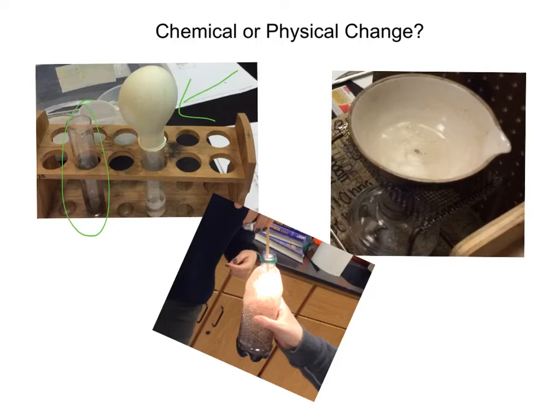There's enough gas left in the test tube after you remove the balloon that you could put a splint in there. And we did this. We put a little splint in there, a lit one, and it goes out. And that's because Alka-Seltzer and water produce carbon dioxide gas. So those were pretty strong evidence that a chemical change had happened.